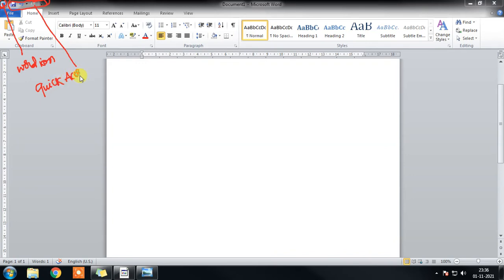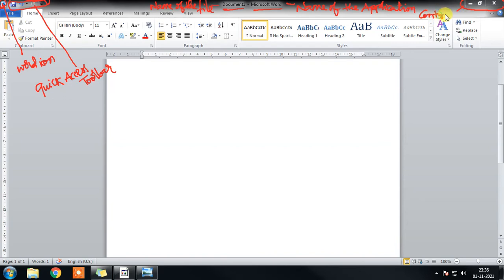Here in the center, this one is called the name of the file, and this one is called the name of the application. And these three are called control buttons.